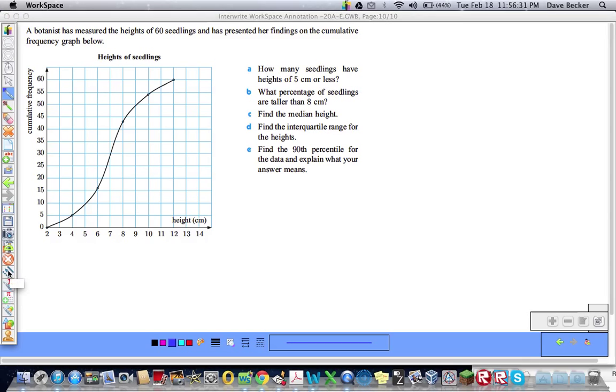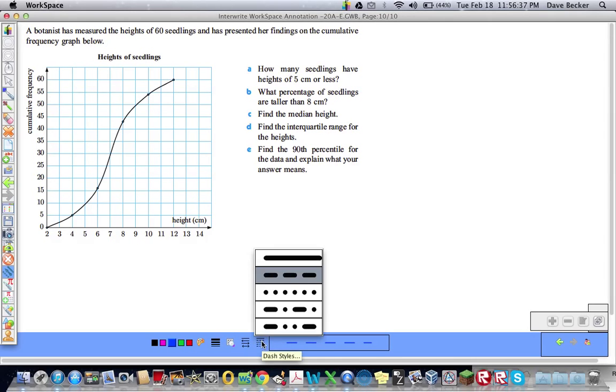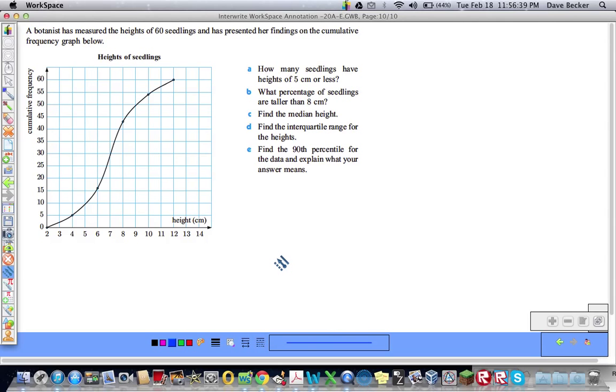Now this is often going to be an estimate. So you're going to want to take your pencil when you have this, and let's see, we have blue here, so I'll use a pink line. If you can, you want to draw lines. So how many seedlings have heights of 5 centimeters or less? Here's the height, and here's 5. So what I'm going to do is, as best I can, draw a line till I intersect